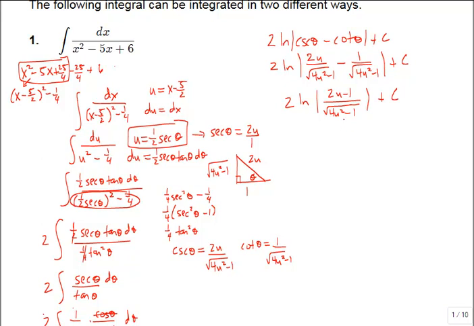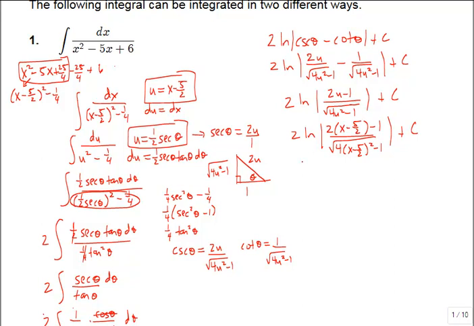Now at this point, we're ready to plug back in terms of x. So we go back up to here, and we know that u is x minus 5/2. So I'm just going to replace both of these u's with x minus 5/2 wrapped in parentheses. So 2 times x minus 5/2 minus 1 over square root of 4 times x minus 5/2 squared minus 1